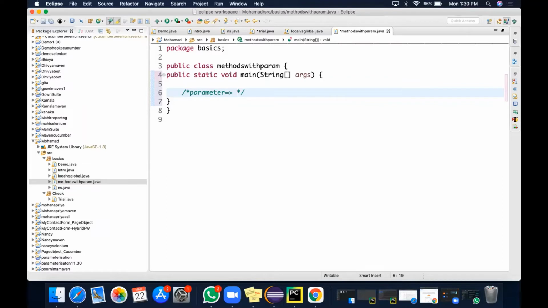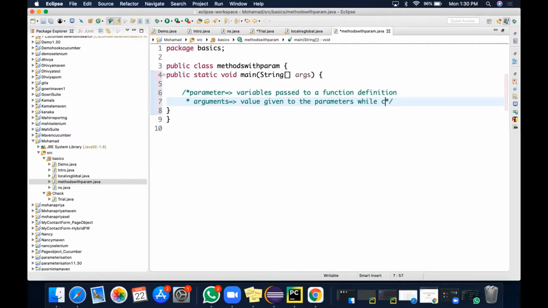Parameters are nothing but variables passed to a function definition. Arguments are the values given to the parameters while calling them.